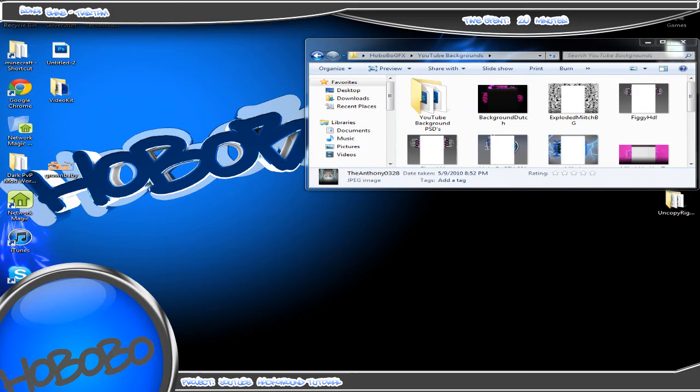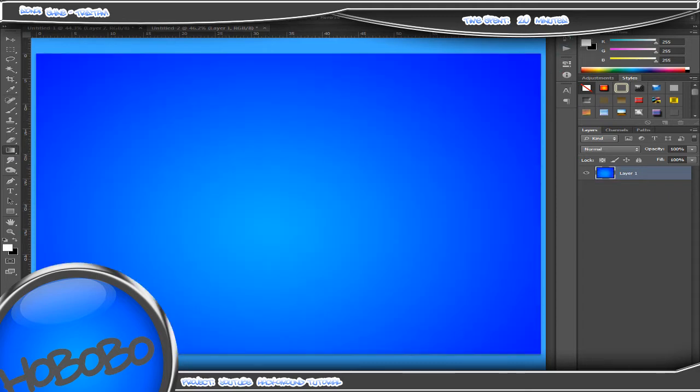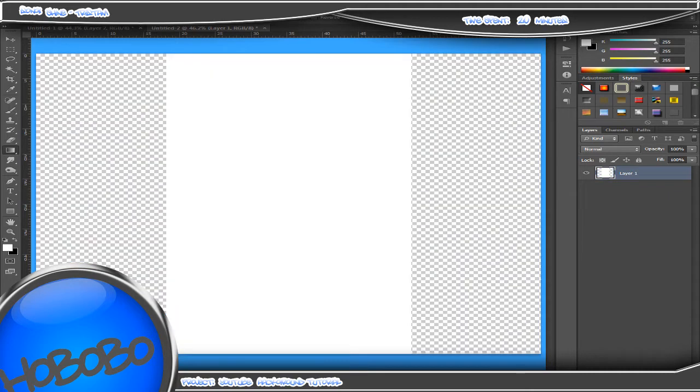But basically you've got your layout. Now, to be able to actually use this without screwing up anything, let's say if you wanted to have a gradient like that in the background, it would just completely mess up. So to be able to fix that, you just create a new layer, drag it underneath the